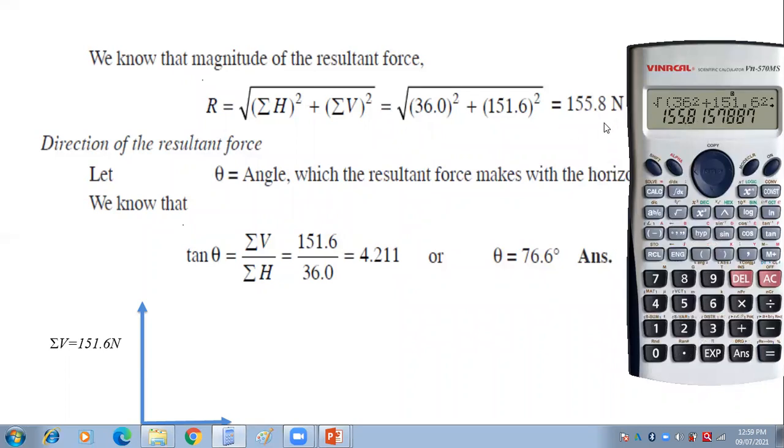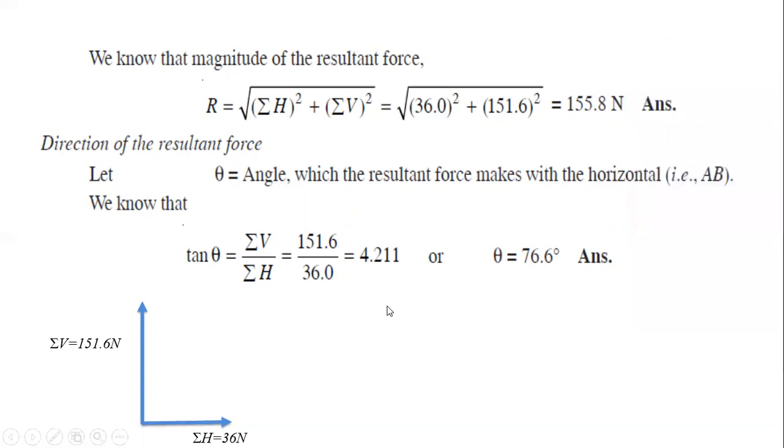You'll be getting 155.8. Now similarly, this is the magnitude of your resultant force R, and the position is nothing but what? It makes an angle with the horizontal. Now if you see here, this is the resultant R, and it is making an angle with the horizontal that we have to find out. To find out this one, we have to draw the parallelogram. Now to draw the parallelogram, this side and this side will be equal, and this side and this side will be equal, and this one is the diagonal of your parallelogram, and here is the angle that we have to find out.